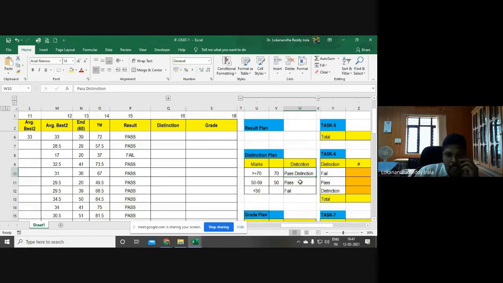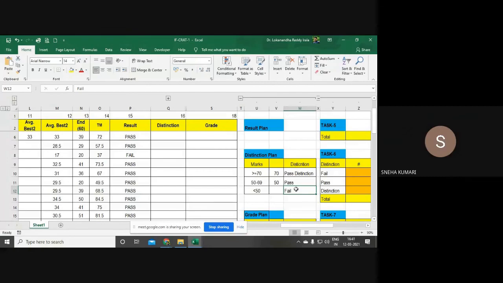To achieve this, again I can write an if condition. But here, if you observe, I have 3 outcomes. But the if condition will allow me only 2 outcomes. 2 conditions.